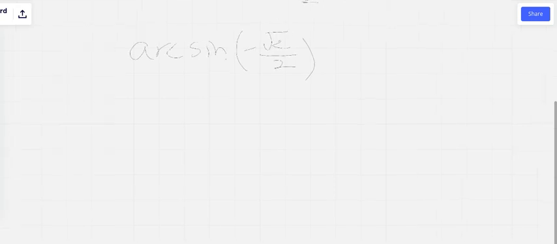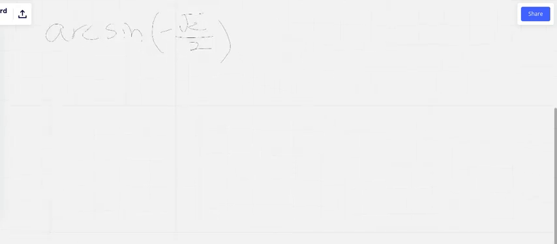What is the arcsine of negative root 2 over 2? You may ask, wait a minute, what is arcsine? Arcsine is just equal to sine inverse of negative root 2 over 2. And this question is hard because you have a negative value. So sine of 45 degrees is